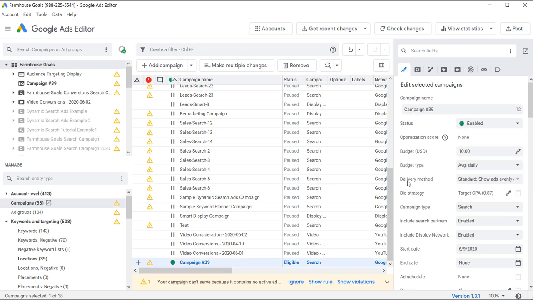What you can do is you have delivery method, budget type, and then one of the main things here is campaign type. So if you click on the drop down, you can create pretty much any type of campaign that you want within Google Ads Editor. So if you prefer to create campaigns through Google Ads Editor, that is one option you have. Me personally, I just prefer to go directly through the interface, but what I can do is I can create